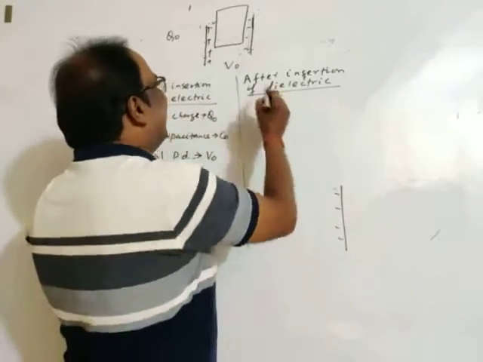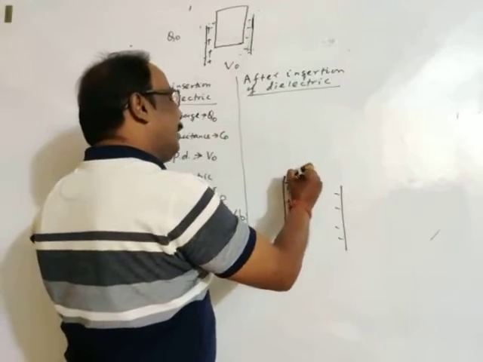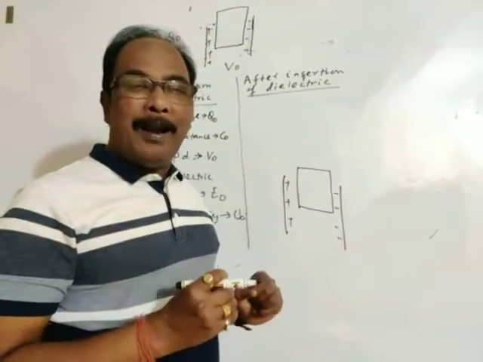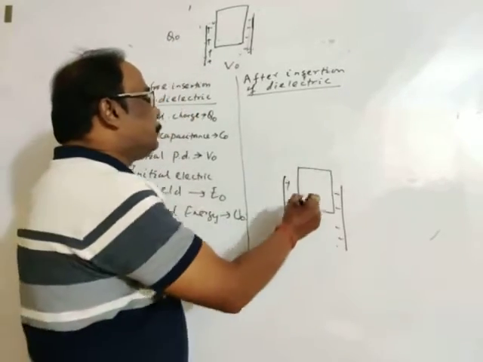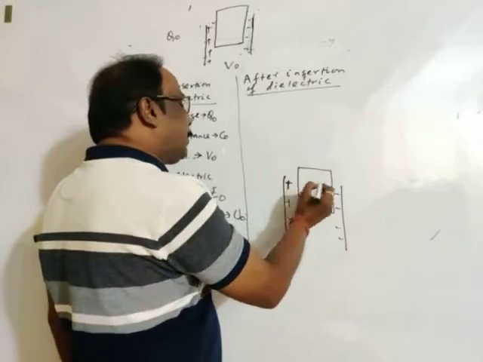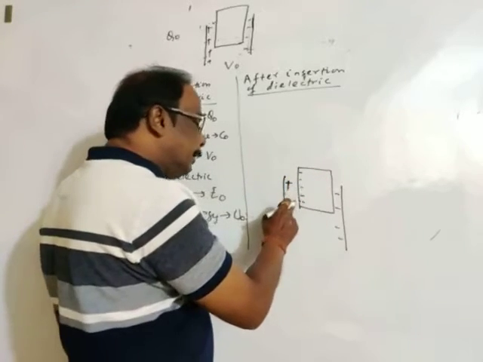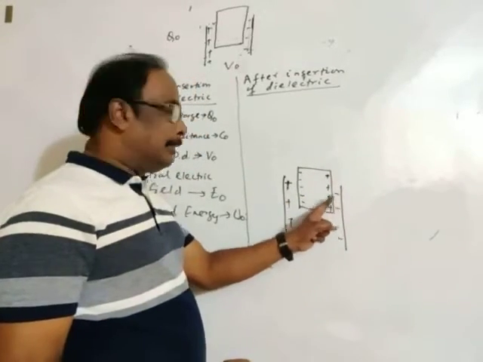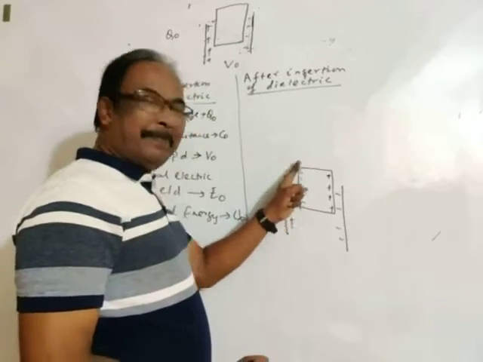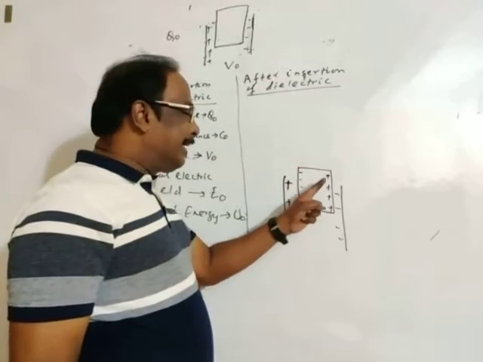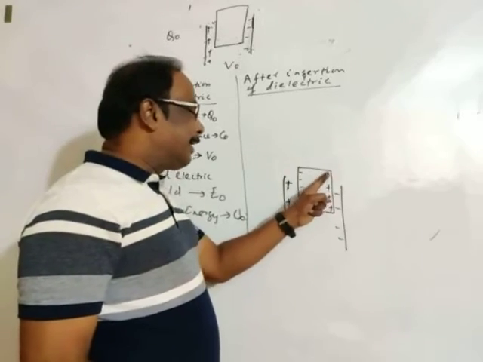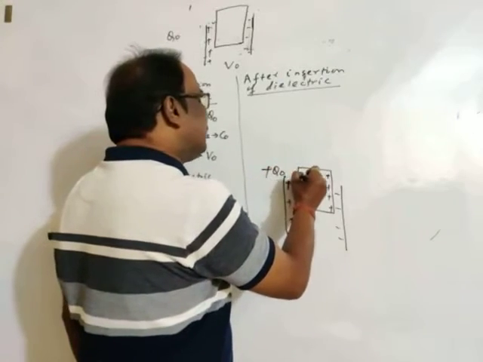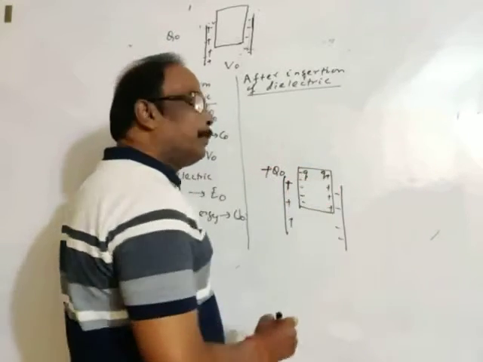See, dielectric is released. We have already discussed polarization of dielectric. If this is positive, then electrons will be attracted to the near end. Obviously, there will be a deficit of electrons at the far end. So this side, the whole negative charge will get concentrated, and due to loss of electrons, this side will become positive. So this charge is plus Q naught, and this induced charge, let it be Q, this is also Q.